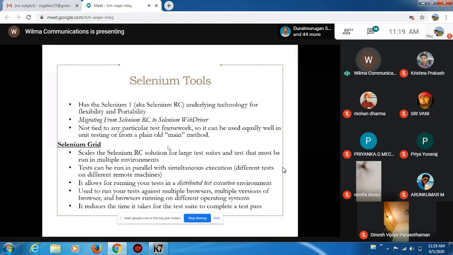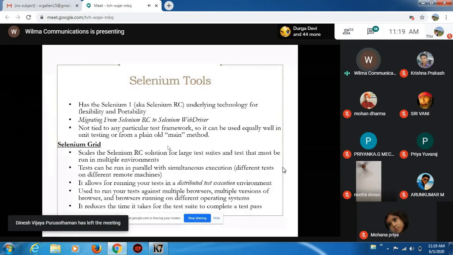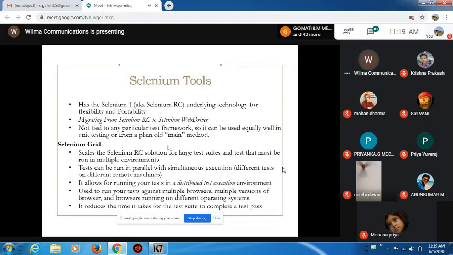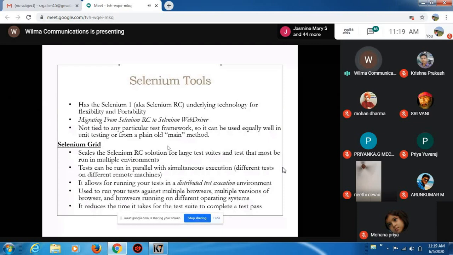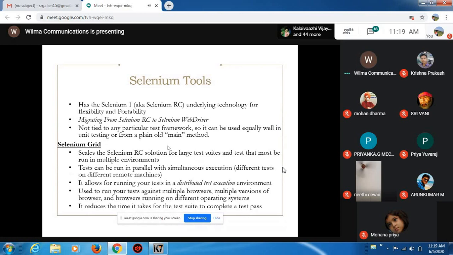So I want to run my test cases, but not sequentially. I want to run them in parallel. When I run at the same time, all my machines located on different platforms and different environments should get executed simultaneously. So in this case, I'm going to use the method called Selenium Grid.